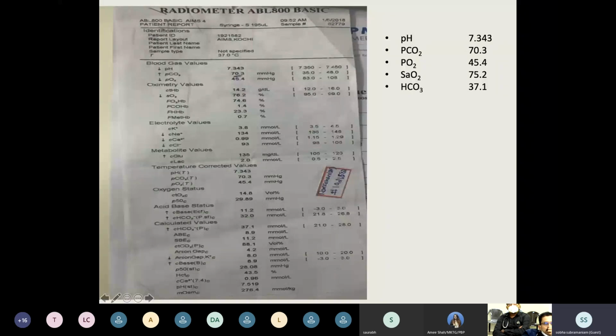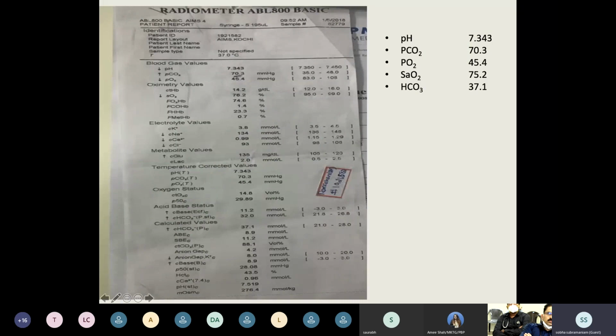But we were not confident about the diagnosis of making OSA because he was thin. He did not give any history of daytime sleepiness or excessive snoring and all. When we went into detail, this patient said he will go cycling in the morning. By the time he comes back home in the evening, he will be tired. Some days he is perfectly fine. Some days he is very tired. So this kind of variability is typical of myasthenia. So this was actually a myasthenia case presenting with chronic respiratory acidosis.